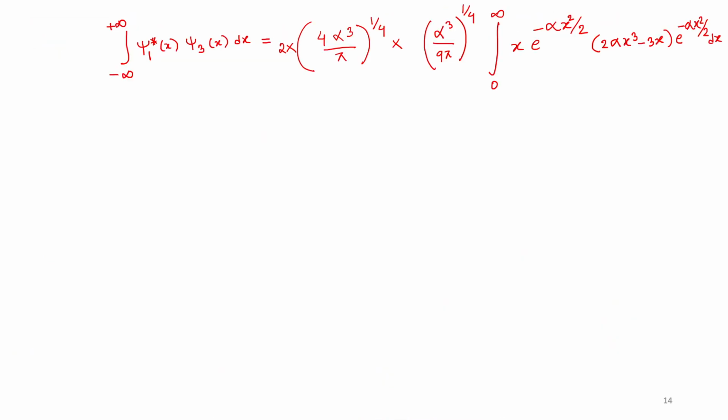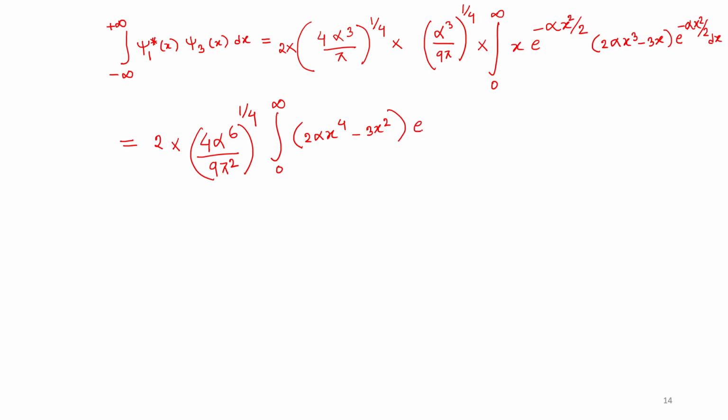You have to do this. So what do we have here? 2 into 4 alpha to the power 6 by 9 pi square to the power 1 by 4, integral from 0 to infinity of 2 alpha x to the power 4 minus 3x square, e to the power minus alpha x square by 2, dx